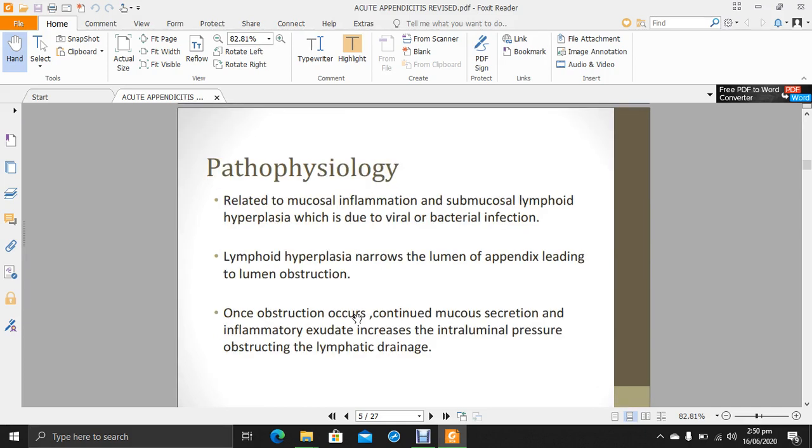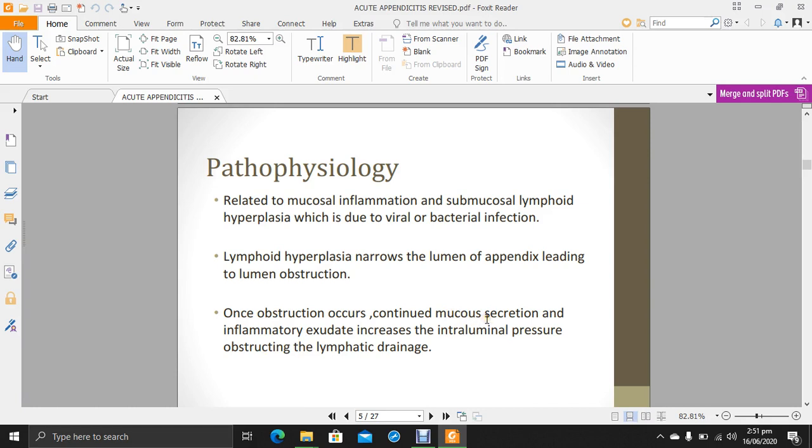Pathophysiology. So it is related to mucosal inflammation. The appendix has all the layers of the normal gut. So it is related to mucosal inflammation and submucosal lymphoid hyperplasia, which is due to viral or can be bacterial causes. And lymphoid hyperplasia leads to narrowing of the lumen of the appendix and ultimately obstruction. Once the obstruction occurs,